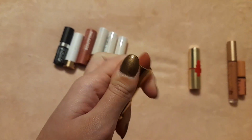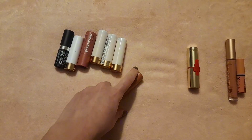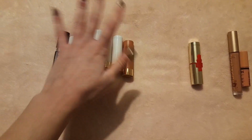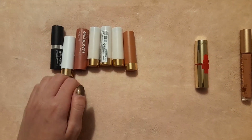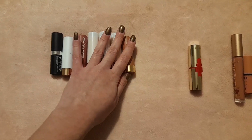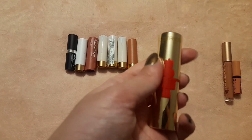I feel like they kind of look like the same shade, all of them or most of them, because of the lighting here. So I don't know. If anyone is interested, I can share pictures taken in natural lighting of swatches or something. And this one is the Catrice